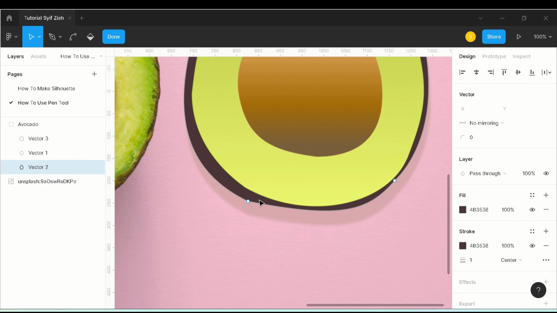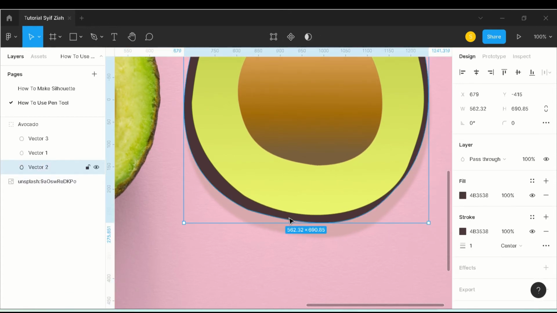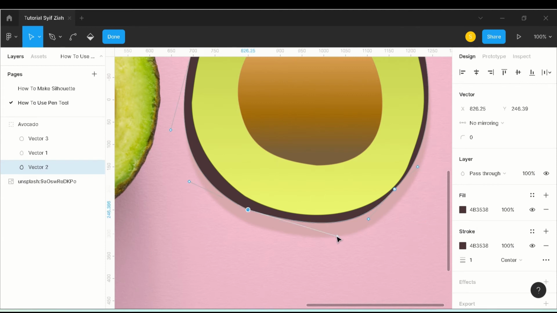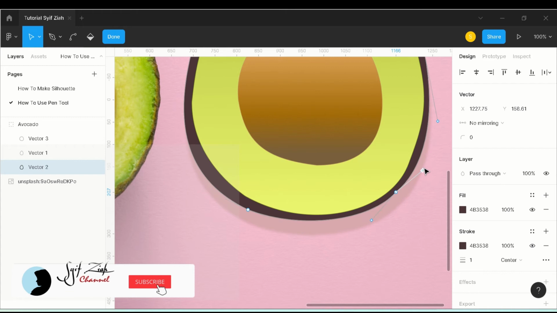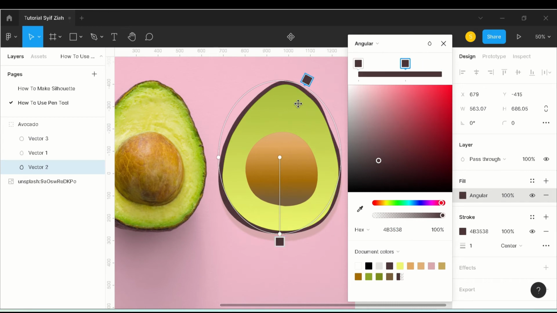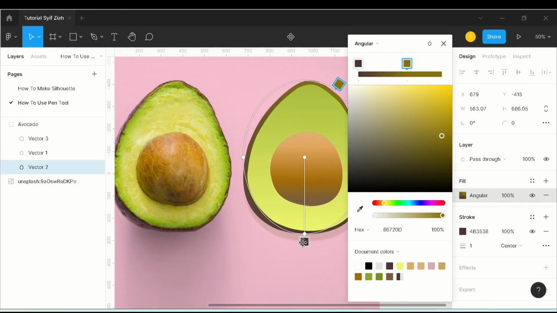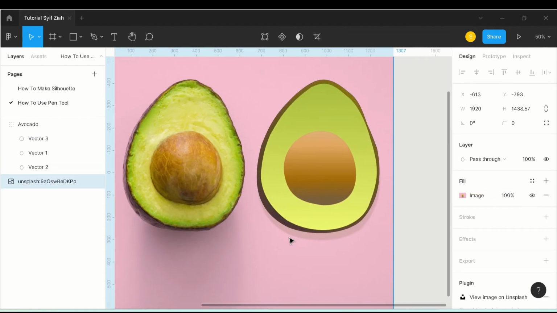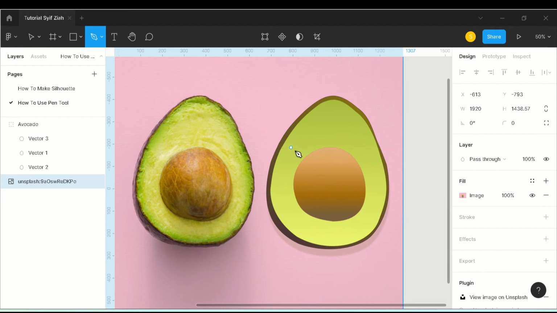And here I wanna try to fix this pattern. Yeah, if you wanna fix this pattern, you can double click. Okay, now I wanna make a pattern again.